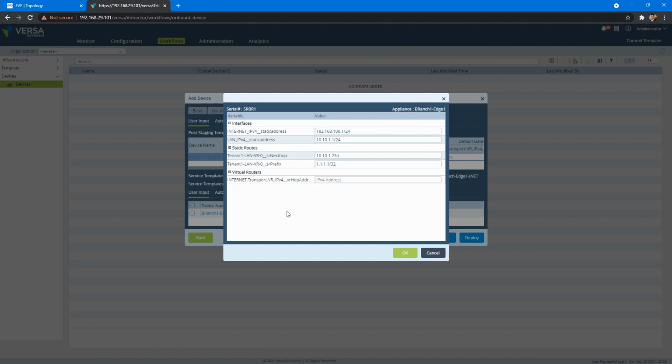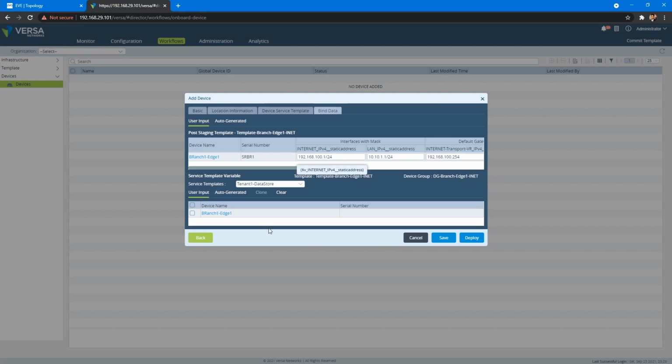On Versa, for every transport, there will be one virtual router. Suppose you have internet transport, you will have an internet VR. If you have MPLS transport, you will have an MPLS VR. So we have to provide the next hop address for this particular virtual router for this particular link. Basically, the gateway of our internet address will be 192.168.100.254. Click OK.